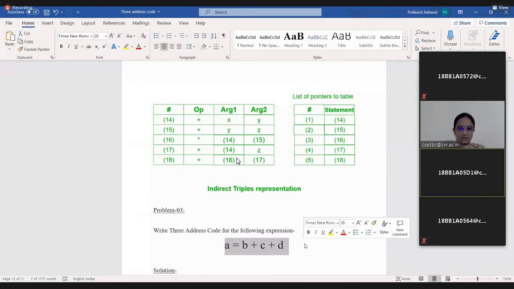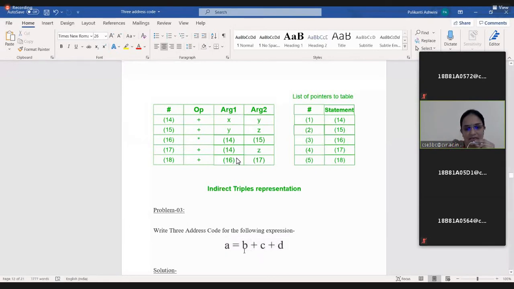Assignment. So that is also considered as one operator. What is the precedence, ma'am? Assignment is the last priority, because after completion of this complete expression only, we can assign this value to A. Okay, ma'am.